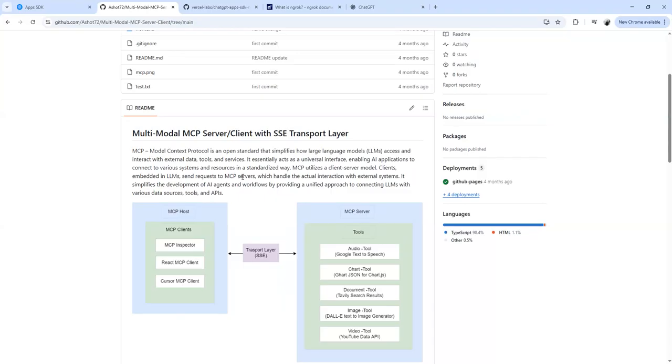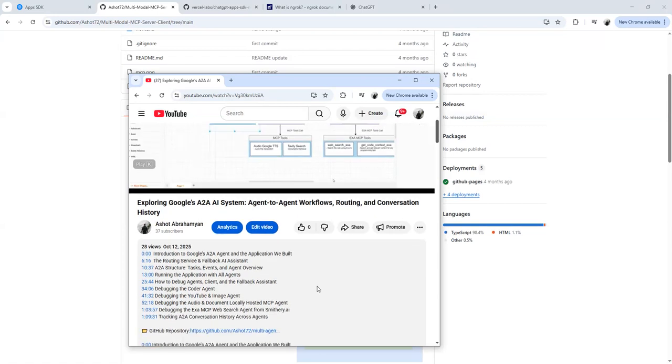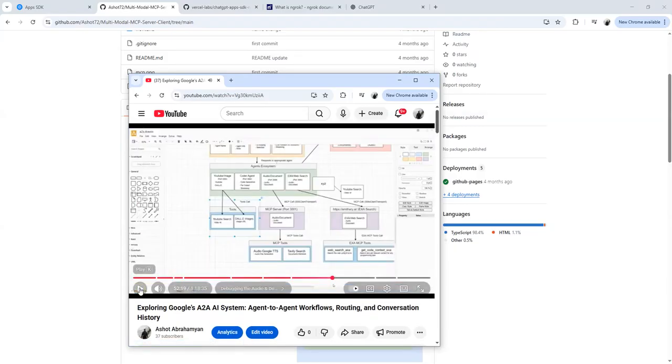A few months ago, I built a multimodal MCP server client application, and in the video section, I explained how MCP works in general and in agent-to-agent workflow, which you can also explore in my GitHub repository. Now I created a multimodal MCP app that can run directly inside ChatGPT. It demonstrates how the Apps SDK and MCP work together to enable rich, interactive, and multimodal experiences within the